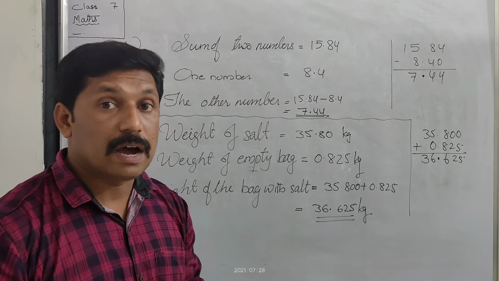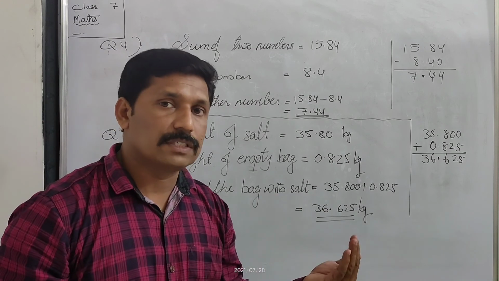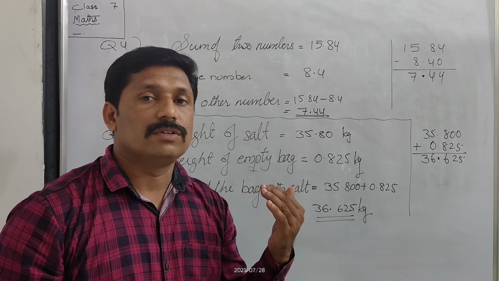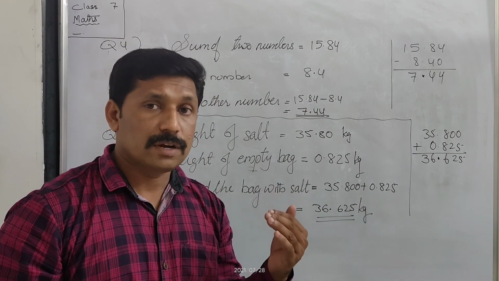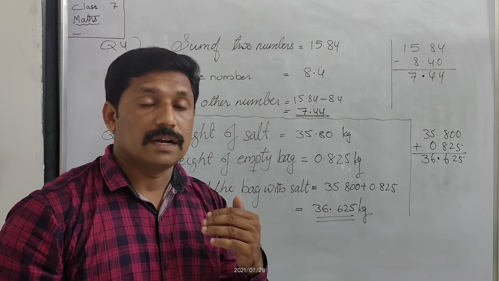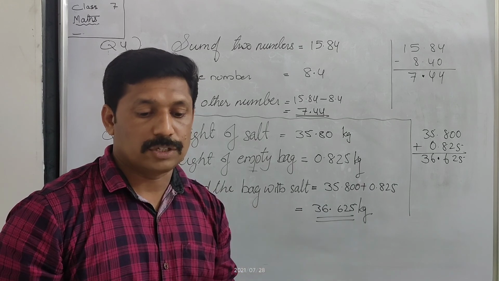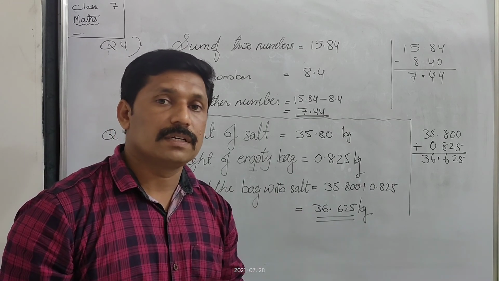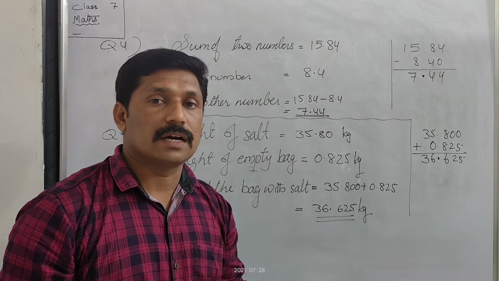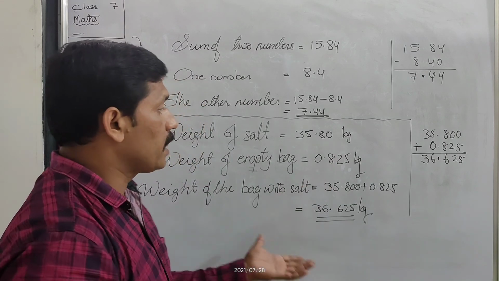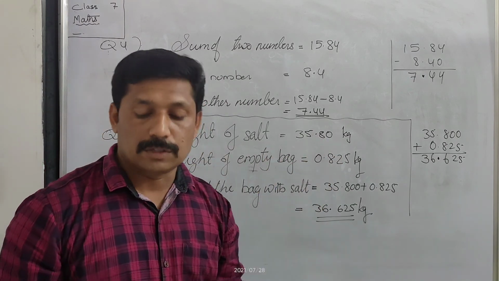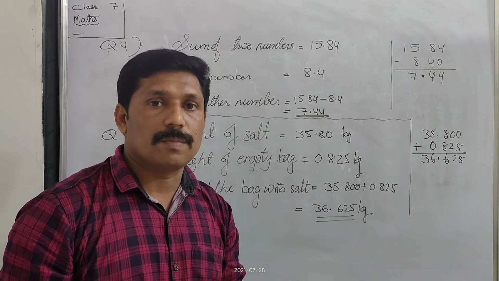I think today we have studied about, in the third chapter, the last part, how to change a rational number into decimal form, and then how to represent decimal as a fraction. These two things we studied in the last exercise. And in the fourth chapter we studied about decimals and how to add and subtract decimals. Relating to that, we solved some questions, and the remaining questions are homework.